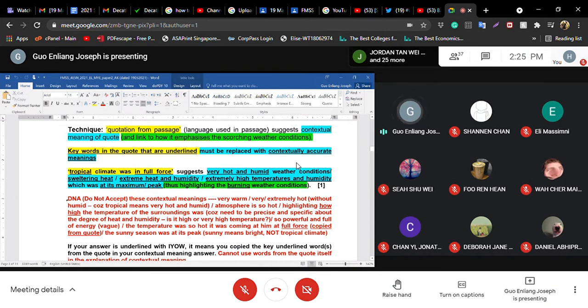As you're copying, I want to go through some of the popular wrong answers. In every complete question, the ones that are more difficult, you have the words in red. The words in red tell you the popular wrong answers and why they are wrong. For example, all these have the idea of temperature. The one I'm highlighting now has the idea of temperature without humidity. So it's wrong, because tropical means very hot and humid.